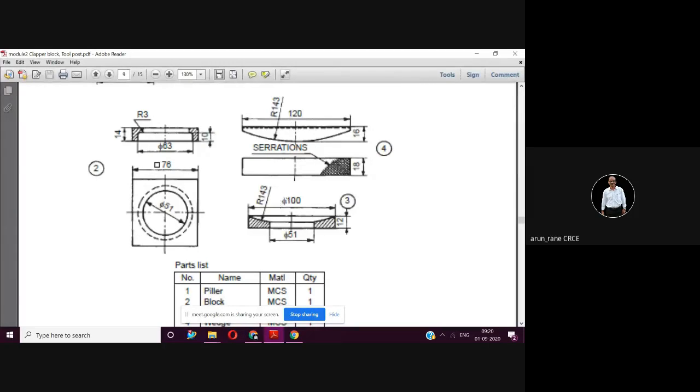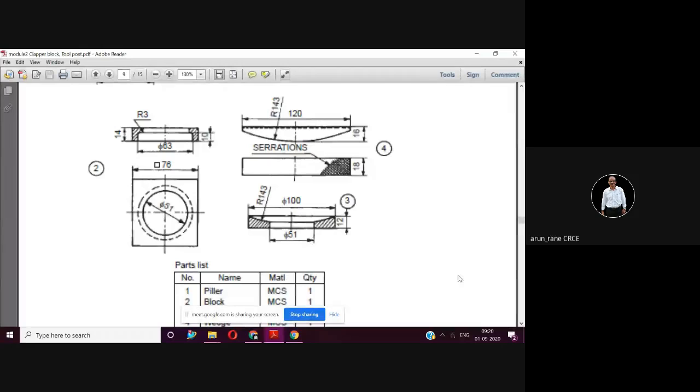So the center of this arc is at a distance of 134 from this line, and you can get the corresponding angle also. That angle comes to be 21 degrees. So you can very well draw this arc, and then you can draw these lines and trim it. Once you get this section, then you can revolve it.